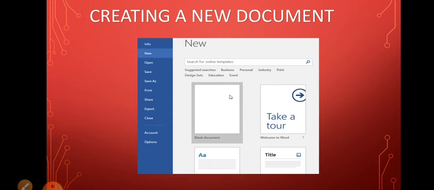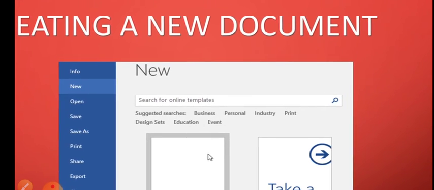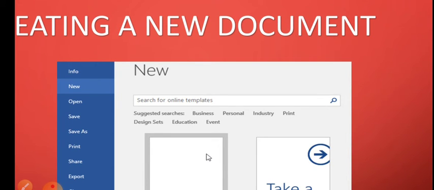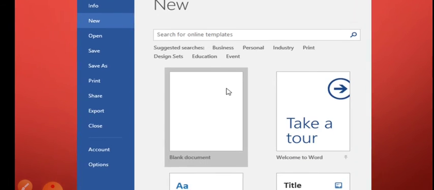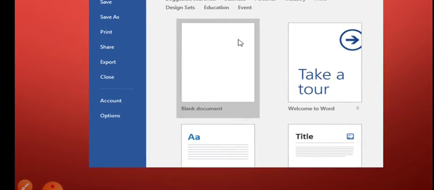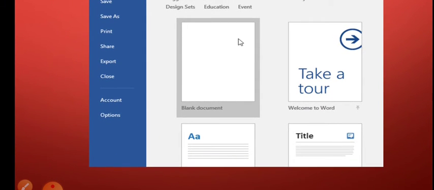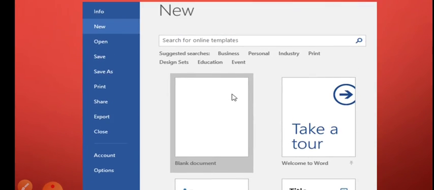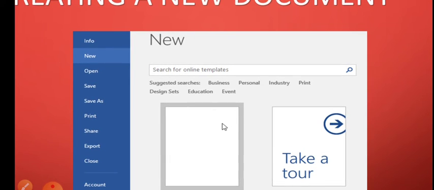Now if you want a new one, then you have to click on the file option, file tab, then see here new, see it's showing in dark, new, and after clicking on new, see here an arrow is shown, here you have to click on the blank document, or on the quick access toolbar you can click on the new option. Correct.